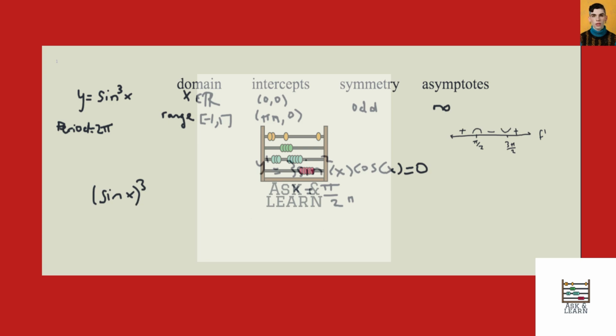And now, if we wanted to find the second derivative for testing for concavity and inflection points, I would take a look at the inflection points, because we know the general appearance of a sine graph. This is the general appearance. But we can find the inflection points by looking at y double prime. So 6 cosine squared x sine x minus 3 sine to the power of 3 x. And if we set that equal to 0, fine,